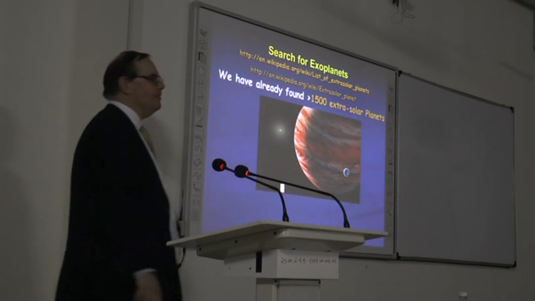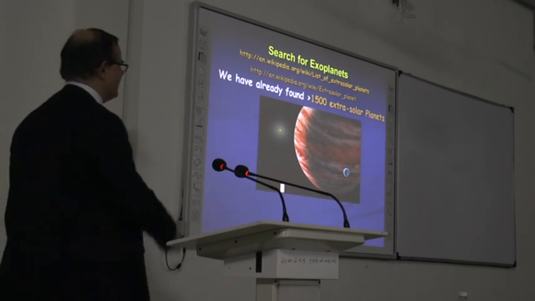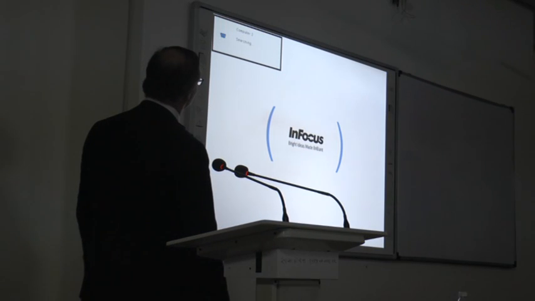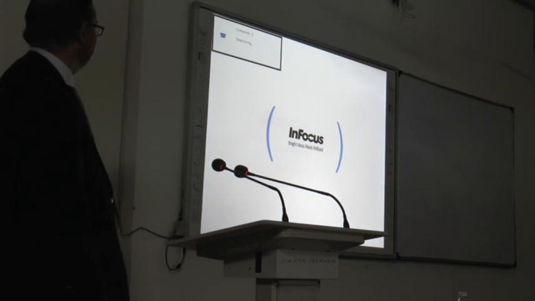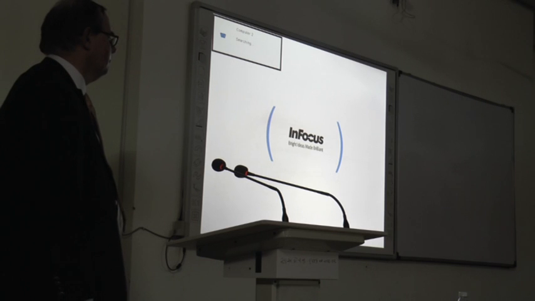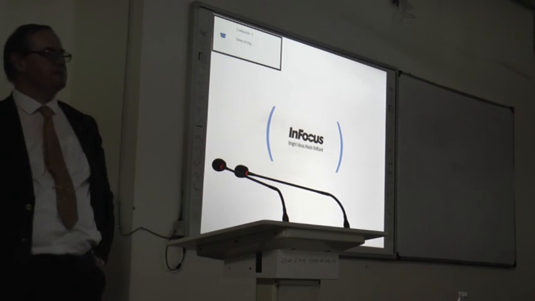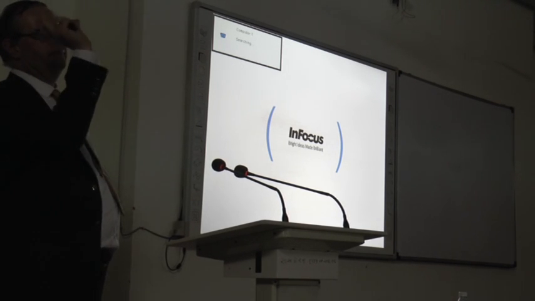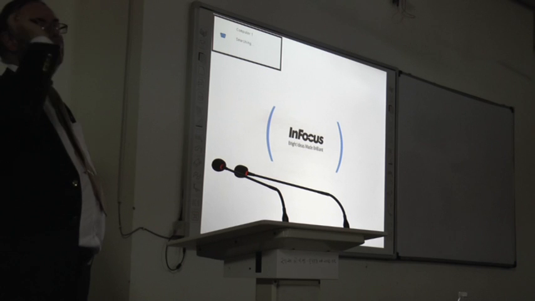So we know that there are at least 1,500 planets being detected. We're detecting many more every month. So we've found these planets. In Europe, we have a space program to go and look for these planets. The space program is called Plato and Cheops, which is going to be 2 space missions we're going to launch, which will be capable of not only finding these planets by looking for the eclipse that they do, but also we might be able to look at the atmosphere of the planet.